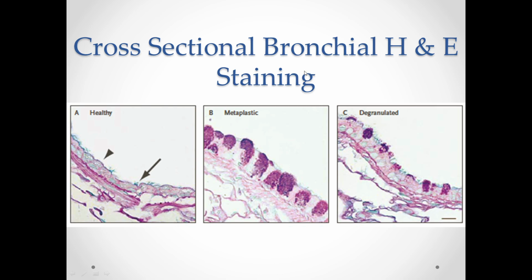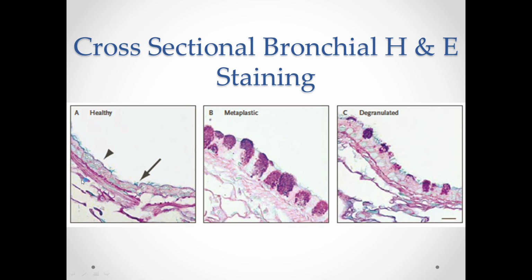If you look at this, it's called H&E staining. This is just staining of a bronchial section. If the bronchi were coming from the screen directly out towards you, this would be the bronchial epithelium right here. You can actually see some cilia on top of this epithelium. And underlying, you can see this area here, that's a smooth muscle cell layer. So again, epithelium